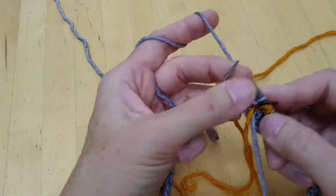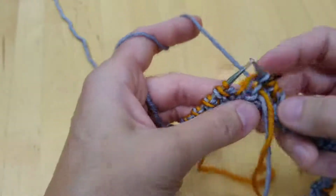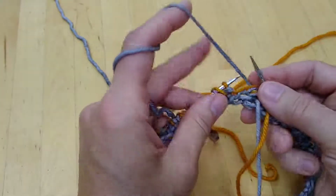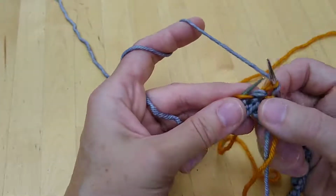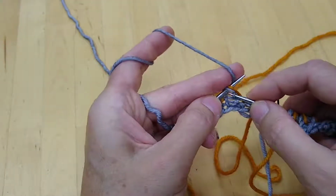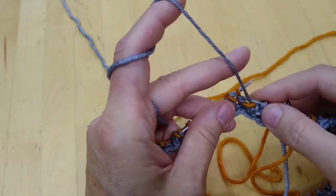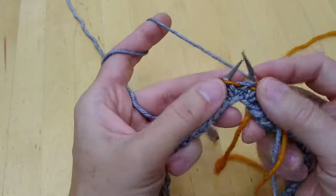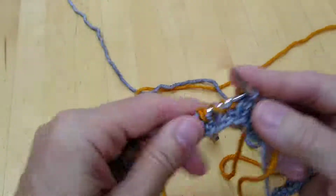So first step is brioche knit, which means knit these two strands together. And this first time it's a little weird because, again, you have something that's not attached on both sides, but now that will be easy to manage. Yarn to the front, slip your single stitch, let the yarn lay over the needle, and brioche knit the twinned stitches. Yarn to the front, slip your single stitch, let the yarn come over the needle, and knit the twin stitches. Switching hands,